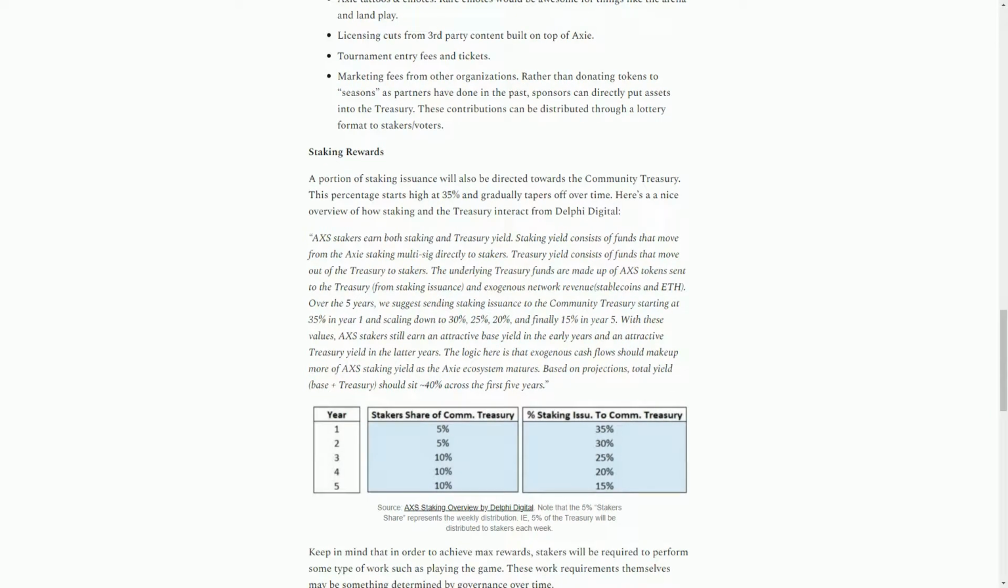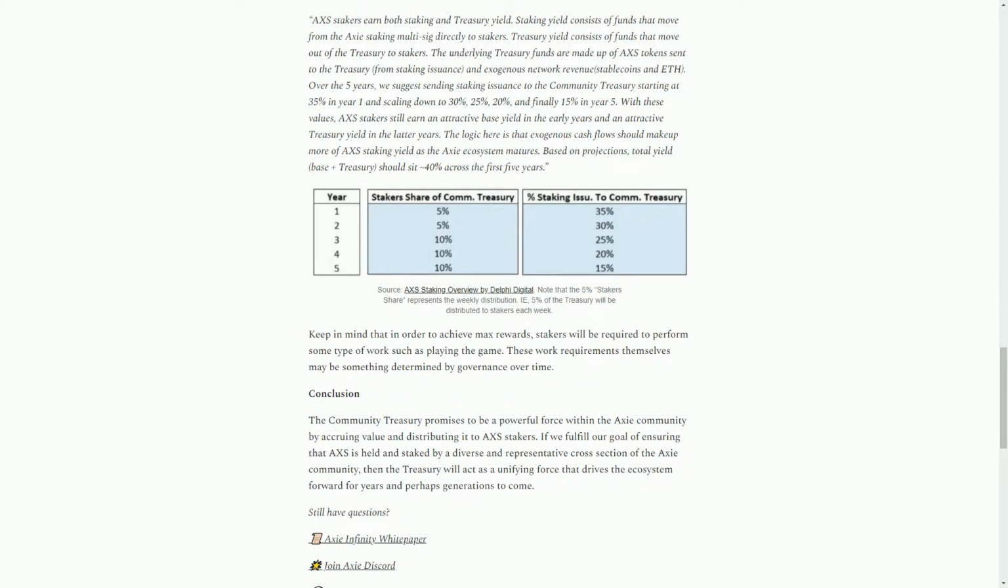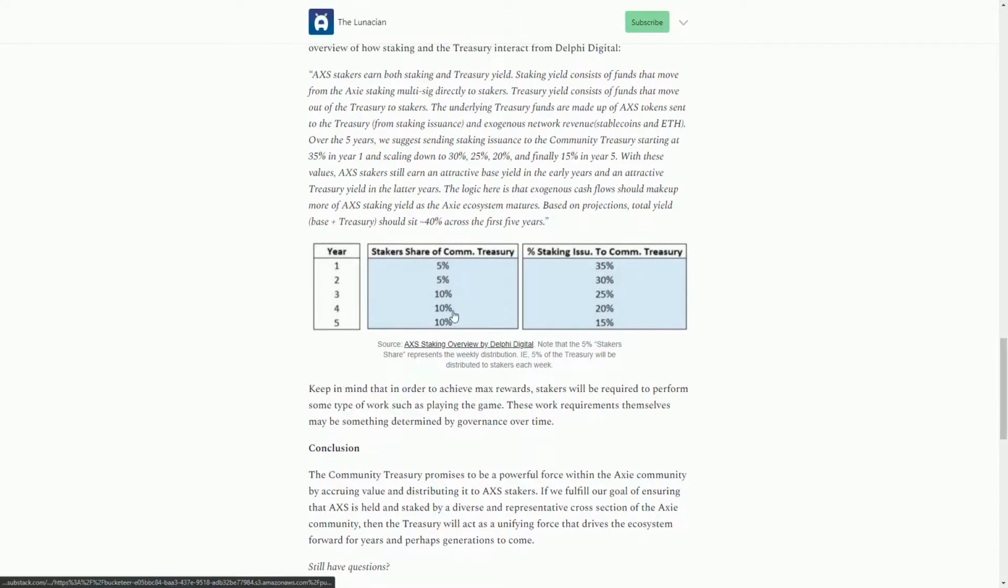And here we have the staking as well. So a portion of staking issuance will be directed towards the community treasury. If this proportion is high, 35% gradually tapers over time. I wouldn't say I understand what is going on here. You have to read that in a bit more detail. I'm not going to go into all that now. So there we go. It is interesting that these are ways of sharing the economic success of a game